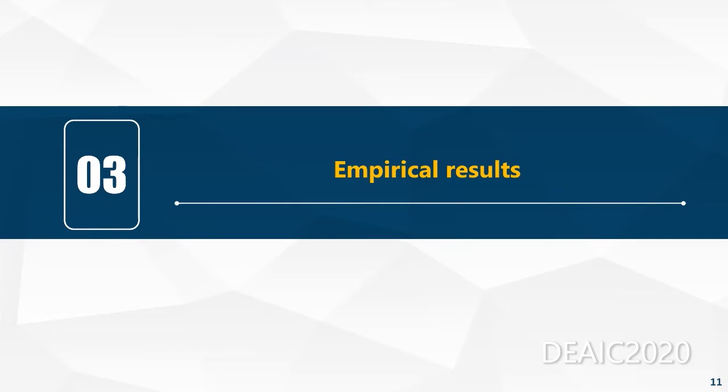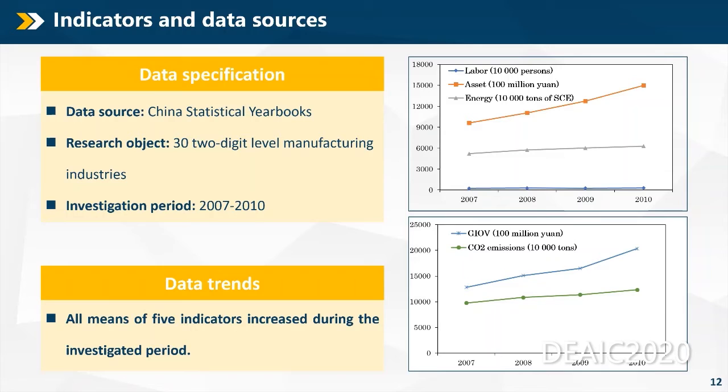For the sake of verifying the availability of our model, we apply it in an actual case study. Our data are collected from China statistical yearbooks, and we choose 32 two-digit level manufacturing industries as our research objects. Our investigation period lasts from 2007 to 2010. From the figure on the right-hand side, we can see that all means of 5 indicators increased during the investigated